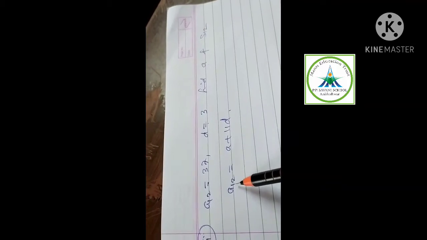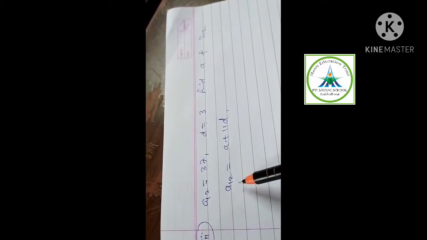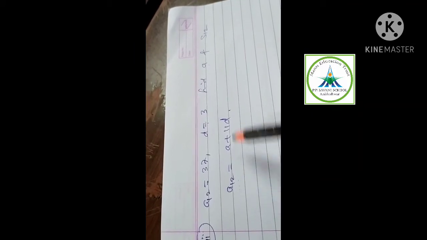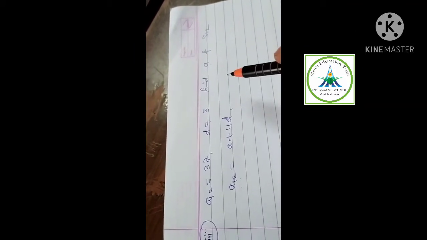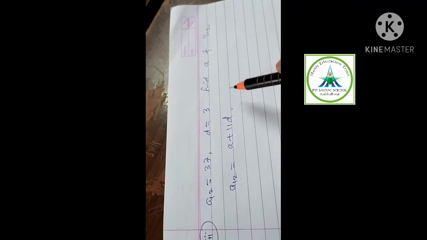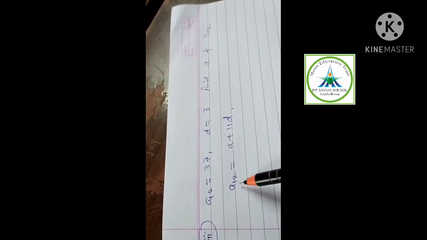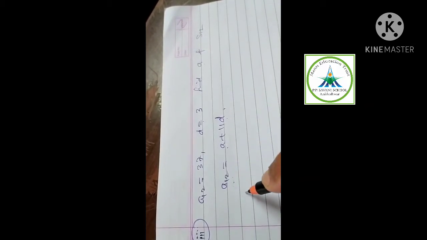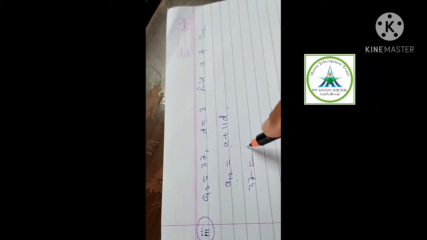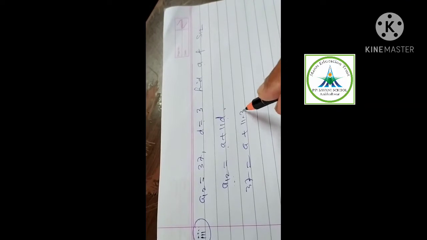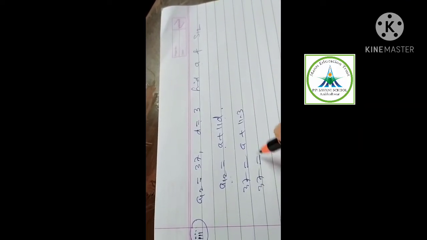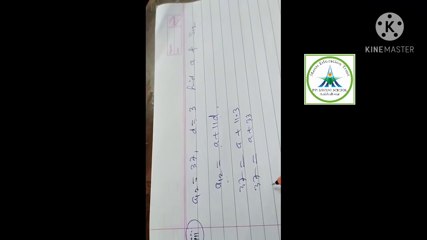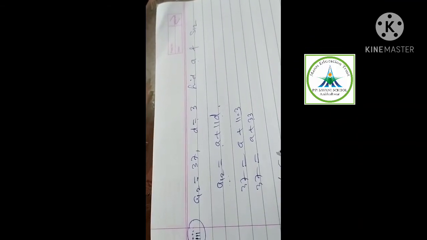See students, very simple thing. Sometimes we don't remember the formula of each term. a12 is a plus 11d, a15 is a plus 14d. It is important to remember this. a12 is known, d is known, so it will come easily. Yes or no? See, a12 is 37. I am putting the value of a, which we don't know, plus 11 into 3, so 37 equal to a plus 33, right? 33 comes to this side, 37 minus 33 how much will it be? 4. a you got is 4.